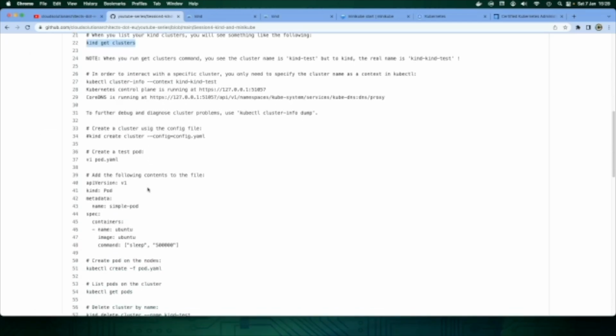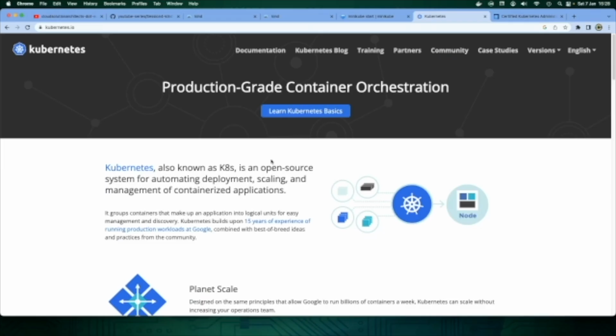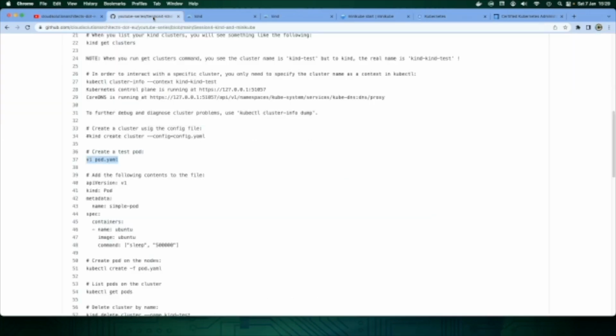Now, I won't get into it today because it was such a distraction from Kind and Minikube. But really, what you're looking to do is always have an actual pod, and the pod in Kubernetes is the smallest component that's available in the Kubernetes world. So I can have a pod that runs Apache, I can have a pod that just does some little feature, but a pod is basically the smallest piece